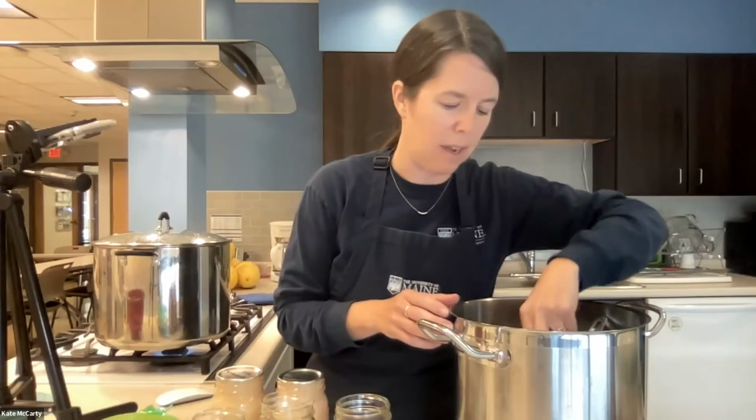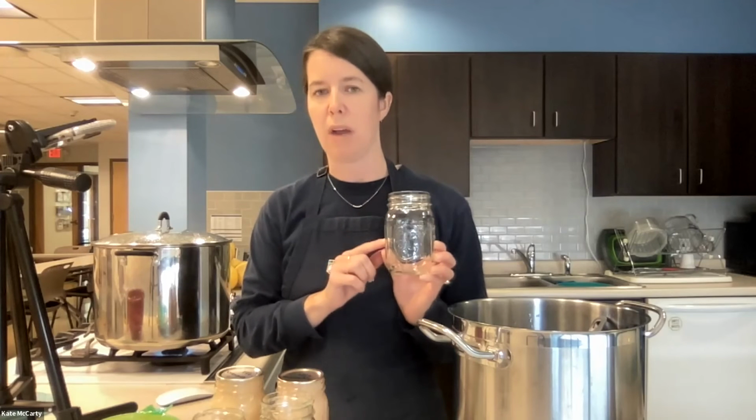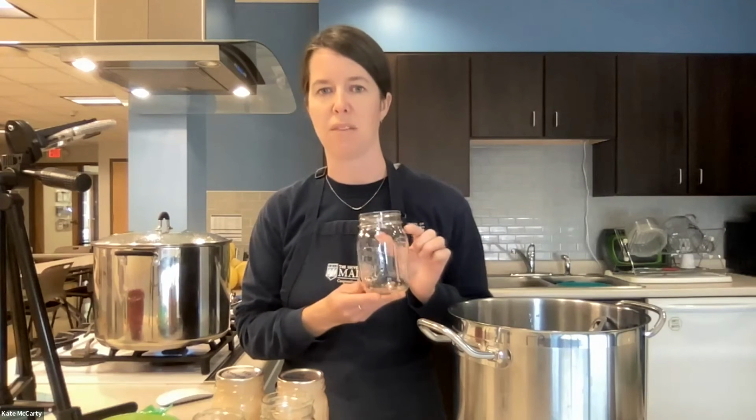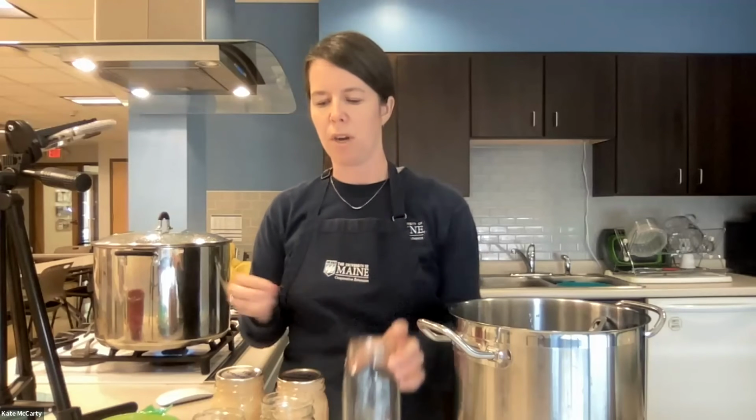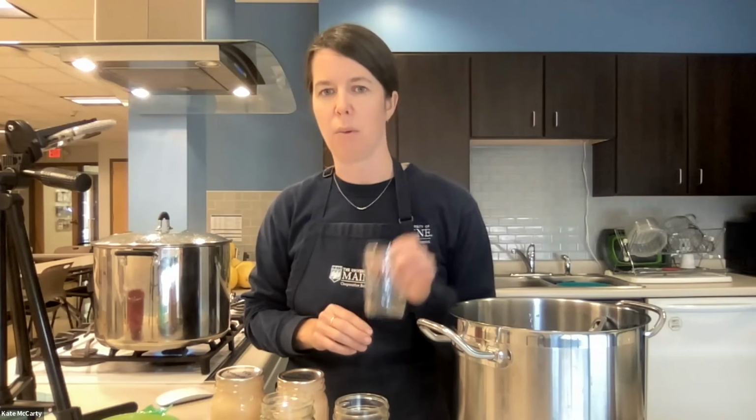I would like to add that if there's a jar that doesn't seal, or if you have applesauce left over that is more than maybe you'd want to eat in a fresh capacity, applesauce freezes really well. So you want to make sure you're putting it in your freezer in a freezer grade plastic or glass container. These mason jars, the regular mouth pint, are not good for freezing because of the shoulders on the jar. So you want to use a wide mouth pint, which is a straight sided jar, or an 8-ounce jelly jar. So something that doesn't have that neck or shoulders, which could cause it to break either while it's freezing or